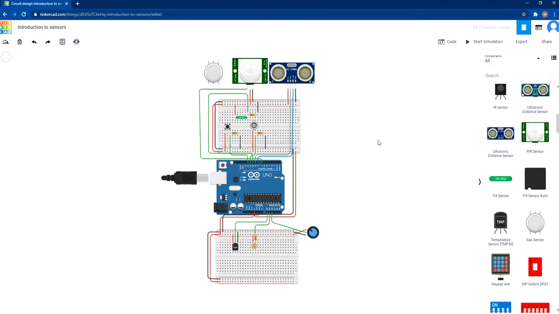I have selected some of the sensors and put them in this circuit diagram. In the circuit, I have made some connections of the components to the Arduino, and then for each of the sensors,